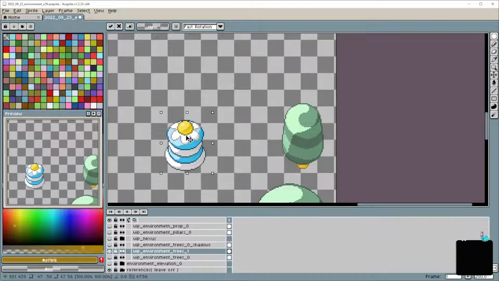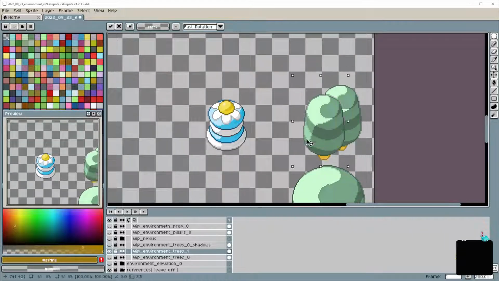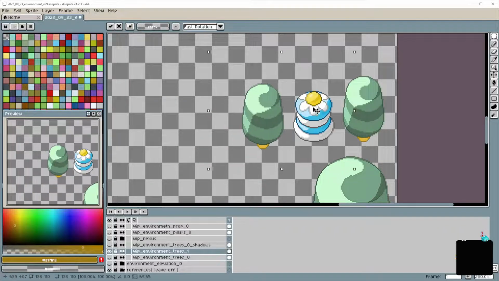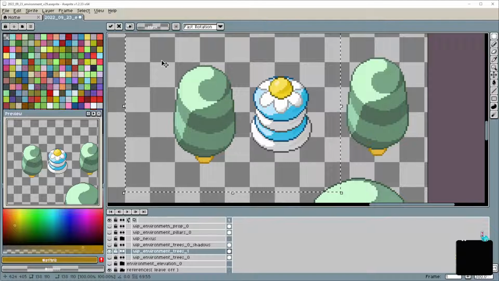It's going to be challenging, but I think we can do it. So what we'll do is we'll take this one. Actually, just want to keep it kind of close just for reference purposes.